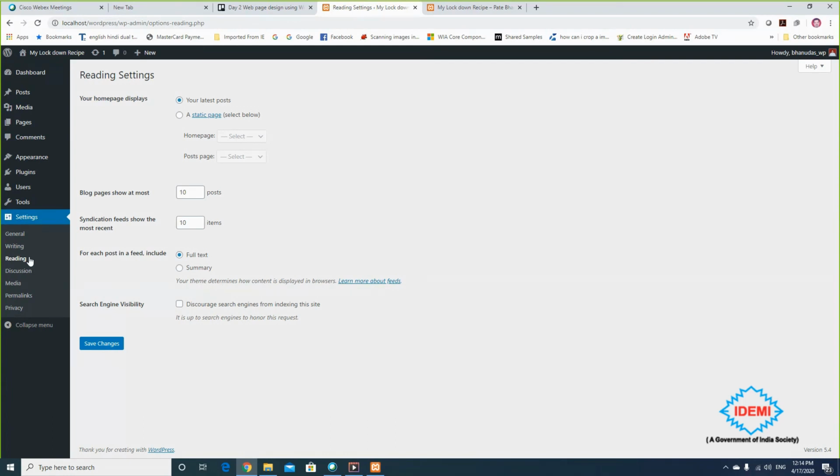They want to use WordPress as an e-commerce site, as an informative site, and as a learning management system. In that case, people choose an option called a static page, and it will always display the home page. You can choose the home page, but here I have only a sample page, so I don't want to use that. So by default, I'm choosing the latest posts.